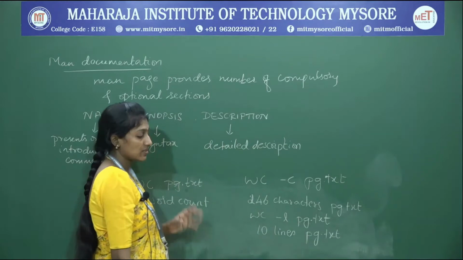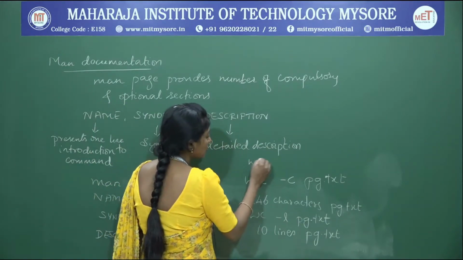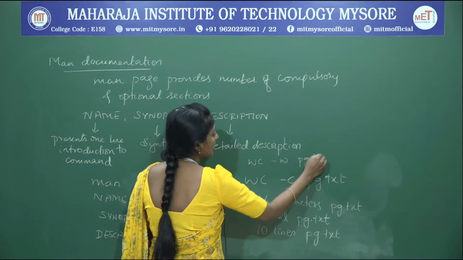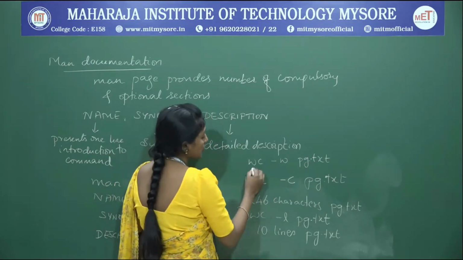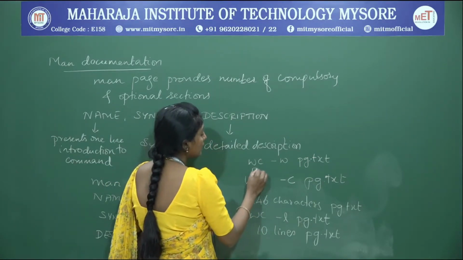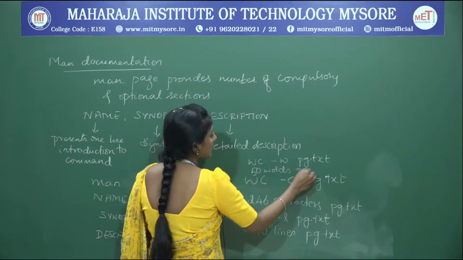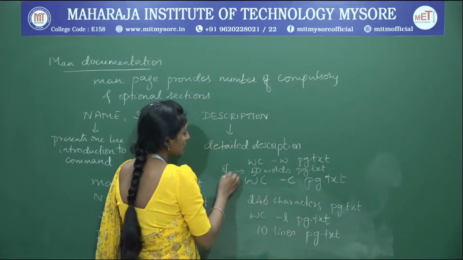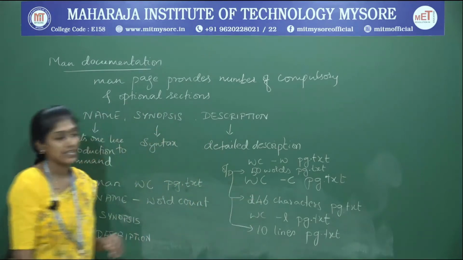Next, if I want just to count the number of words, at that time you can use the command wc -w pg.text file. So -w here represents word count. I might have around 50 words in that pg.text file, so this is the output you are going to get for all these three command executions.